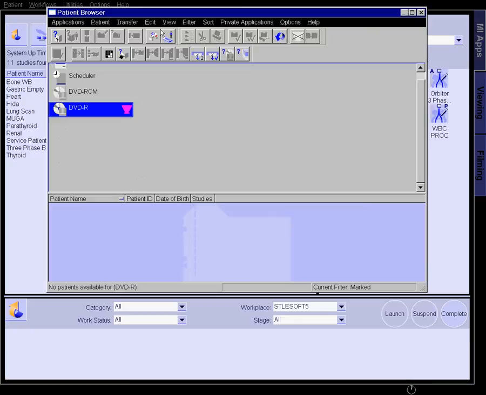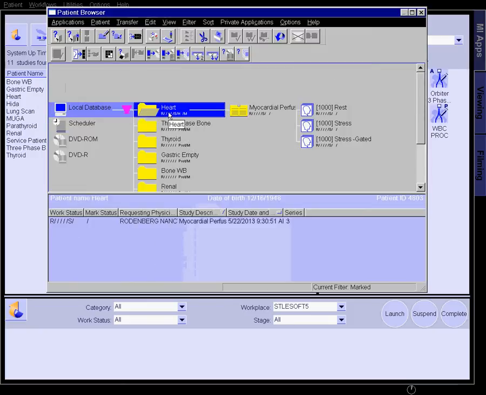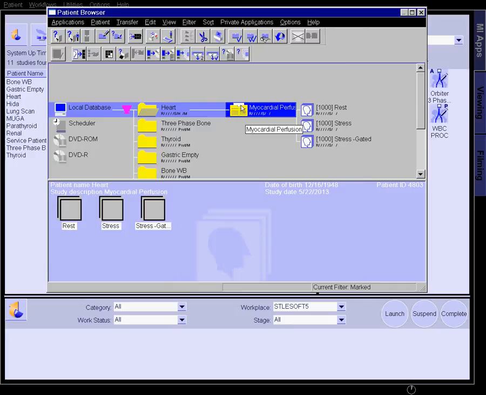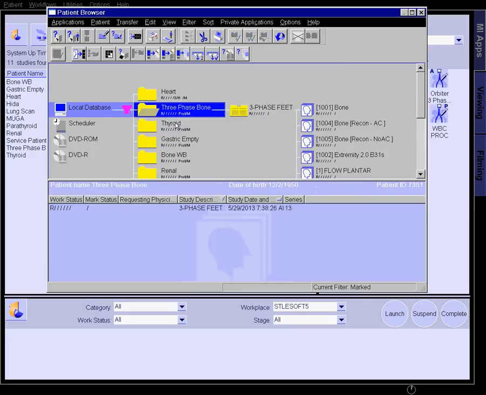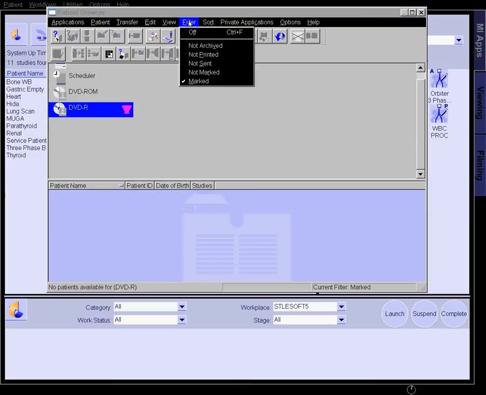Now, if I go to this upside down triangle, it means there's a filter on. I have a filter set so you can only see my educational files here. This patient is actually not named heart or thyroid. The study is called a myocardial perfusion, and the study is listed here. The patient's name is listed here. I just rename these for educational purposes. So if I take the filter off